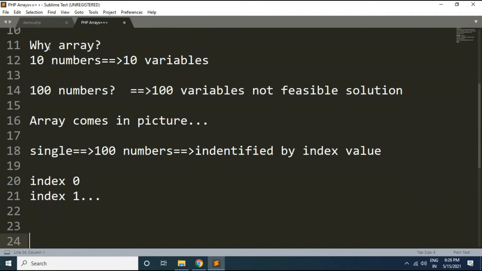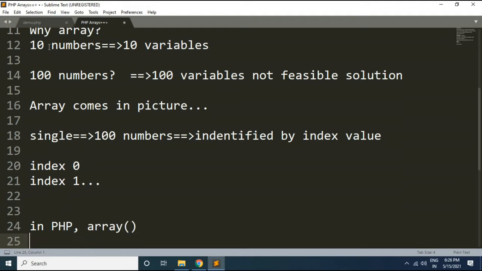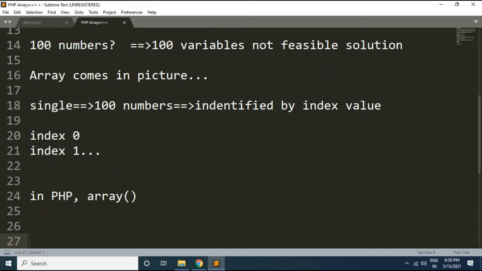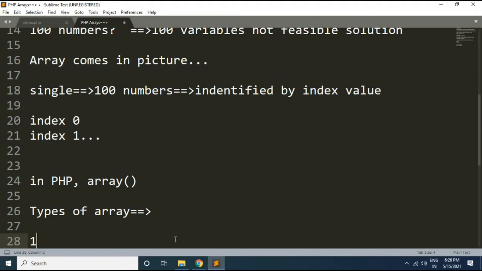Now in PHP you can create an array using a function called array. There are different types of arrays in PHP. There are three types. The first type is the index or numeric array.